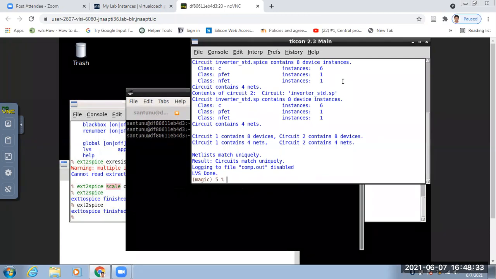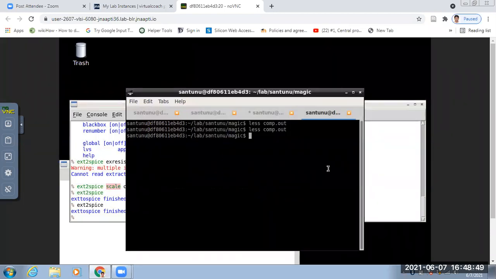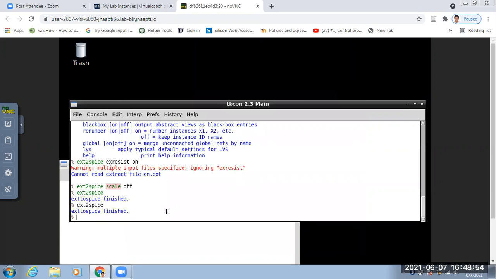Sir, excuse me, sir. In the NAND gate, we have to give 2 inputs, no? 2 inputs, 1 output, the same layout, but we have to give another input, no? Yes, for the NAND gate, I'll show you what to do.